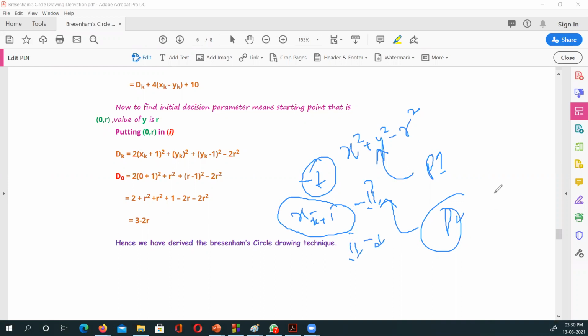Okay, and after that you choose for the y. If your dk is less than 0, then choose wherever there is yk plus 1, substitute it as a yk. And if it is greater than 0, it is for the less than 0. If it is greater than 0, then wherever there is y of k plus 1, substitute it as y of k minus 1, and that will be equal to y of k minus 1, minus on the top.